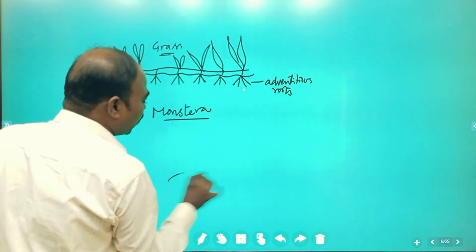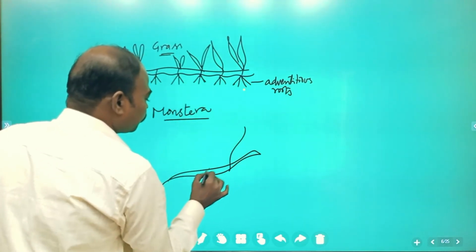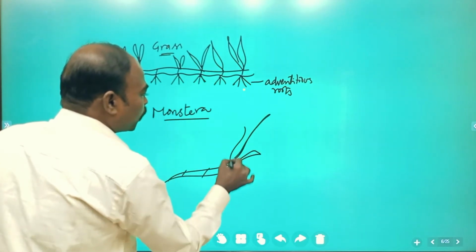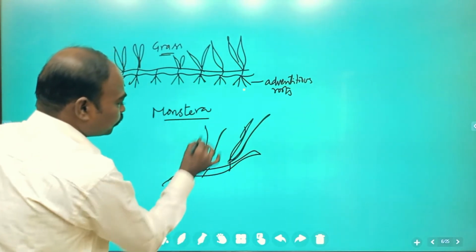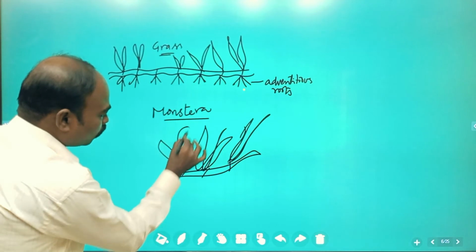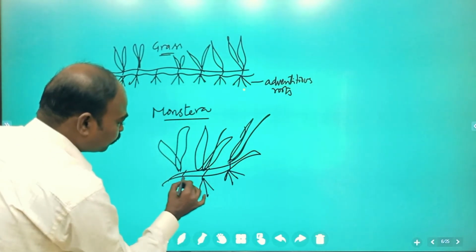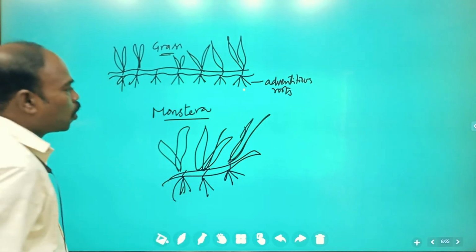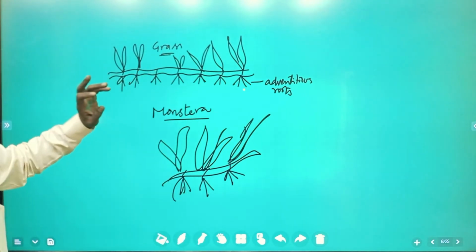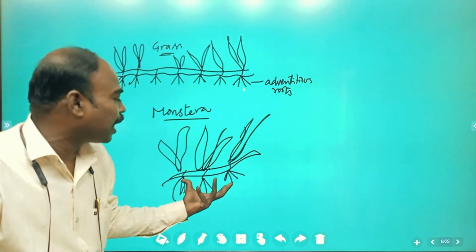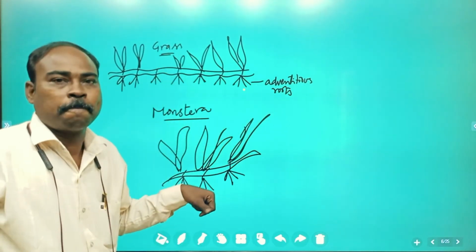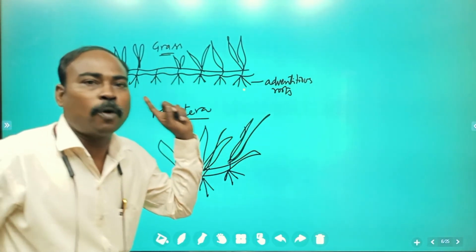Monstera looks like a grass plant. It also produces adventitious roots at every node. So grass and monstera are the examples of production of adventitious roots at nodes, whereas adventitious roots found in banyan